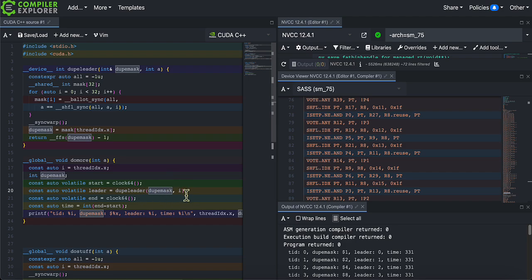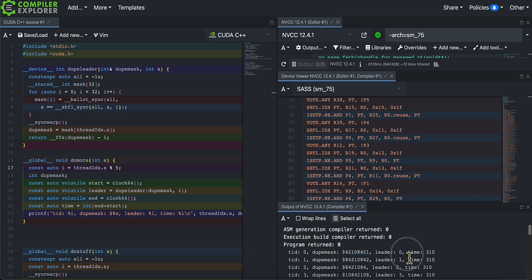And we print the same data as before, and you can see here in the output that we get the same data as we got from Match Any Sync. You can see that data matches up when we change the data to mod 5, and then the mask looks very familiar from what we saw before.